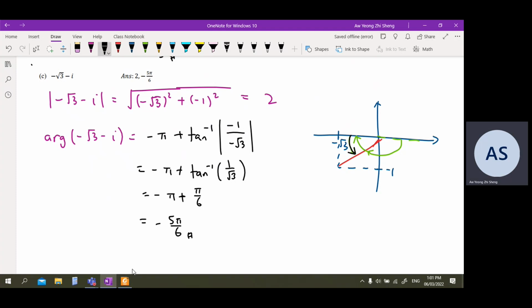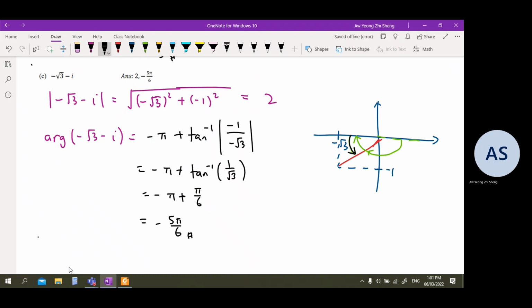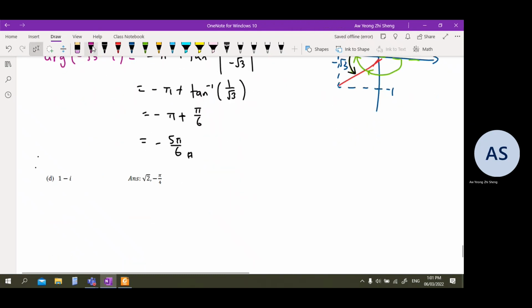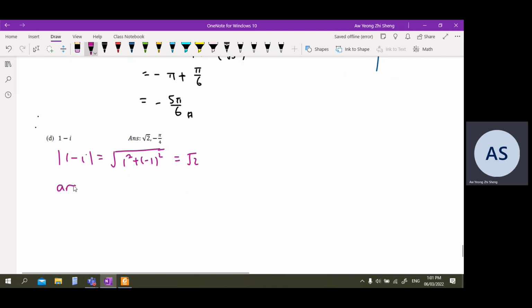Okay, next, move to part D. Modulus of 1 minus i, that is square root of 1 squared plus minus 1 squared, you get square root 2. Argument of 1 minus i,